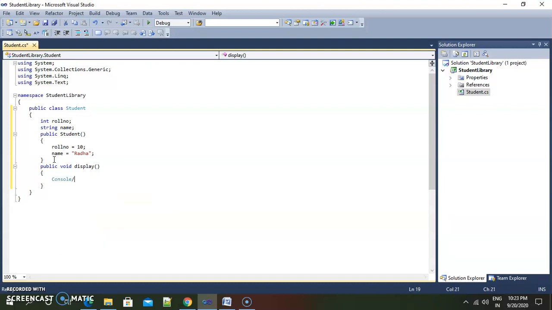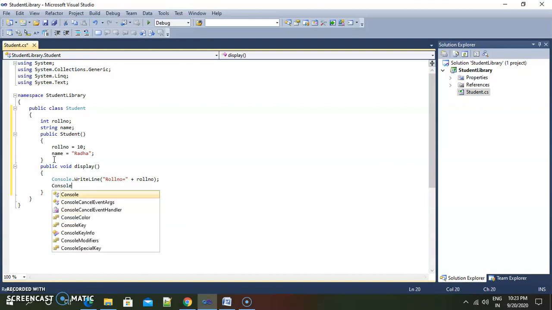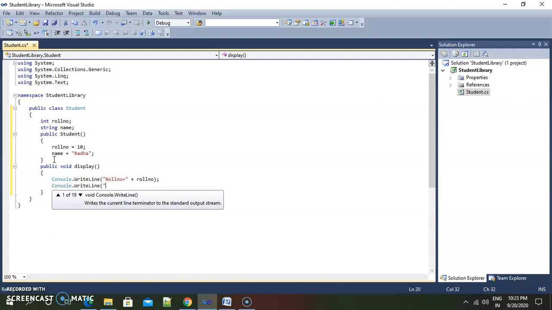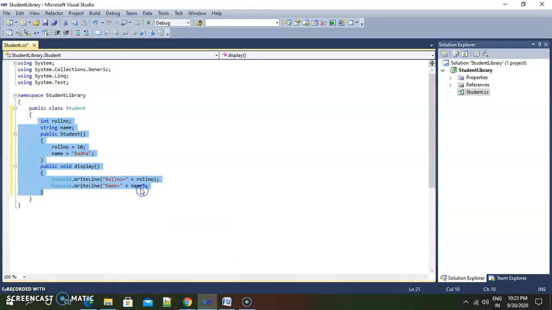So I am writing the Console.WriteLine method, and inside WriteLine I am first displaying the roll number value, and on the next line I am displaying the name value of that particular student. So this is the whole class. I am defining the student class in this way.